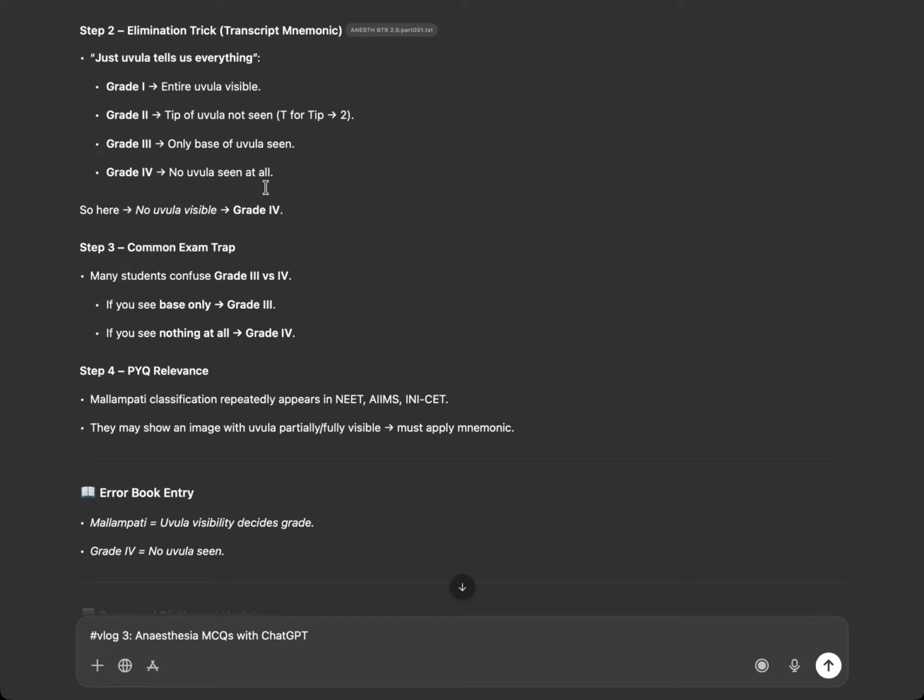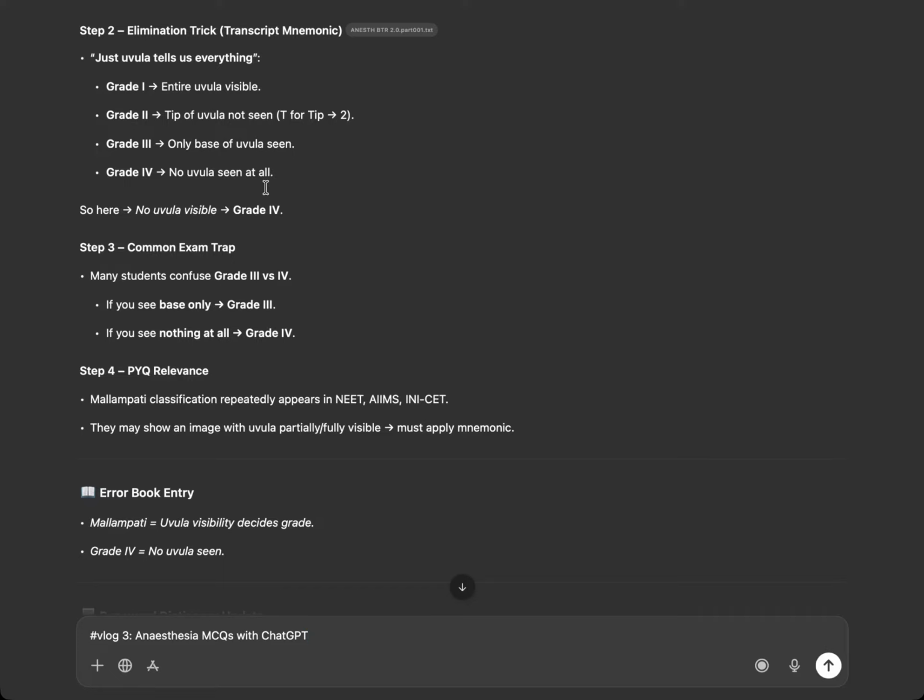In the Samsoon and Young modified Mallampati classification, there are a few more things on which questions have come, like the soft palate and hard palate. You need to know until where the soft palate is seen and in which grade it is not visible at all. In grade 4, soft palate and uvula both are not visualized. In grade 3, the soft palate and only the base of the uvula are visualized.